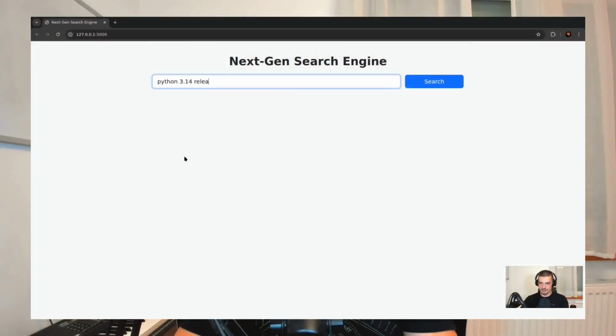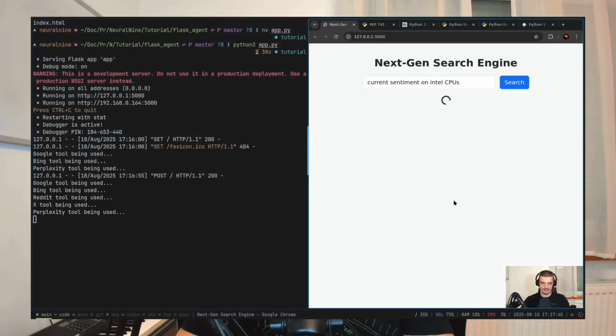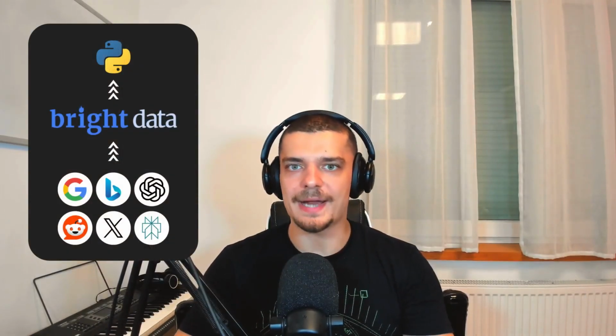Today we're going to build a next generation search engine in Python. To be precise, it's going to be an AI agent with access to multiple different data sources which it can use to give us an answer. For example, it will have access to Google search, Bing search, ChatGPT, Perplexity, X or Twitter, Reddit, and depending on